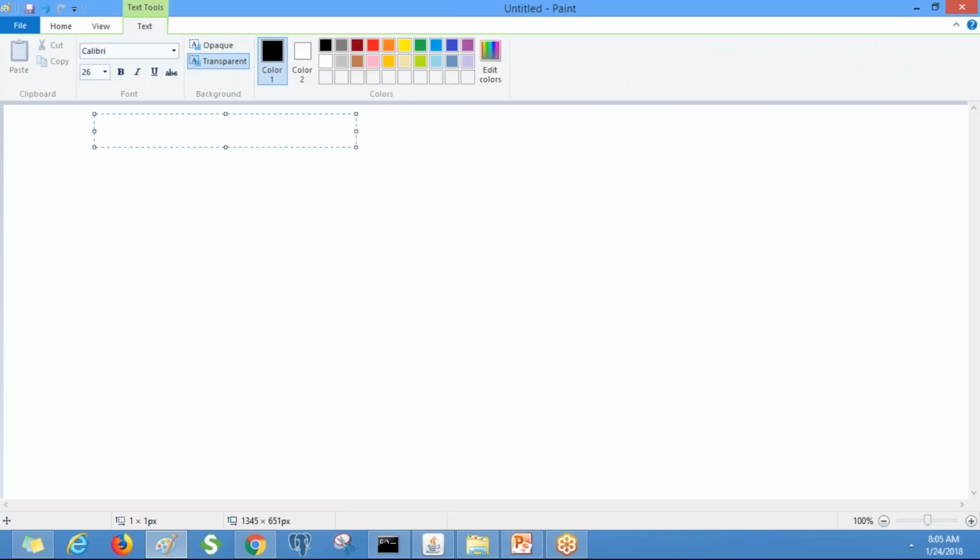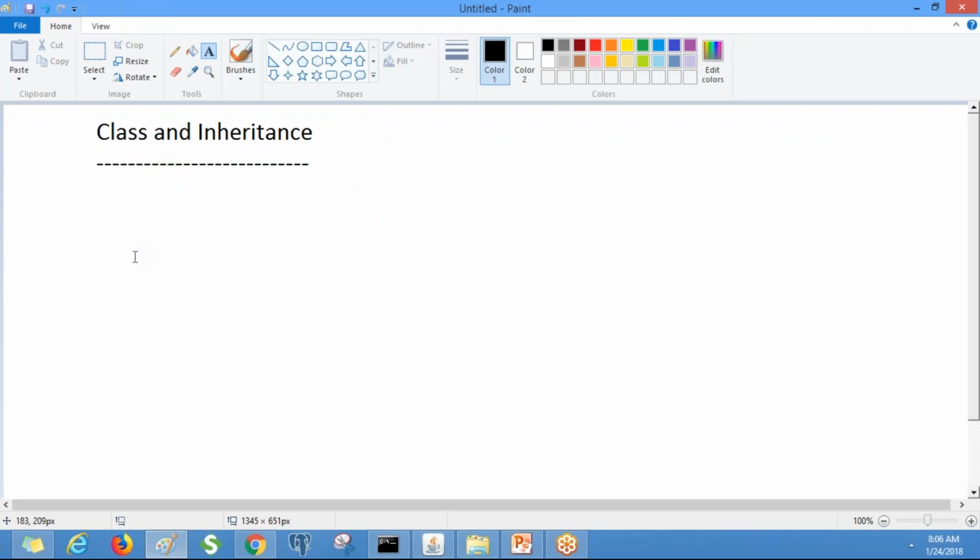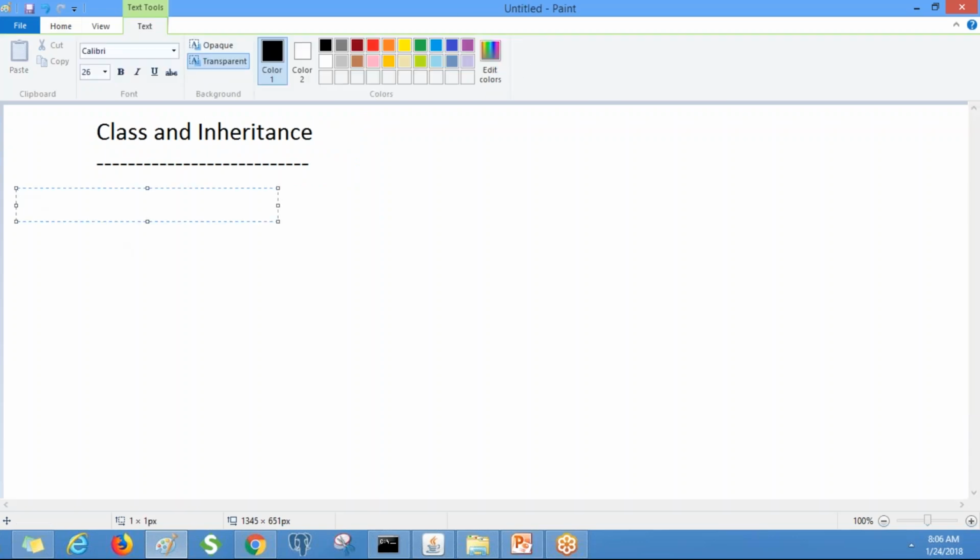So PRPC has been developed using some object oriented concepts like class and inheritance. The complete PRPC is dependent on these object oriented concepts. So what is a class here? A class is a unit under which we define some objects.